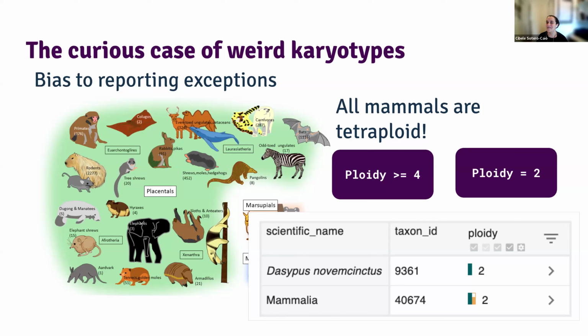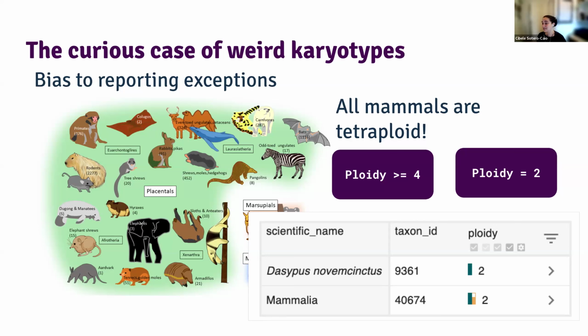So of course there is a huge bias just to say this is a tetraploid, this is an octoploid, and the summary value was the mode, and most of the weird species were tetraploid for vertebrates. So we got all mammals tetraploid.